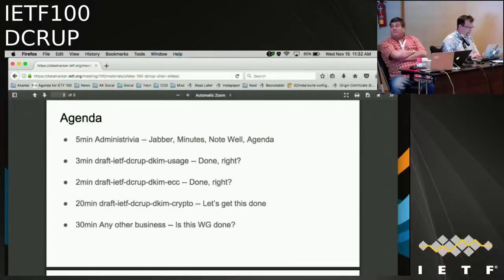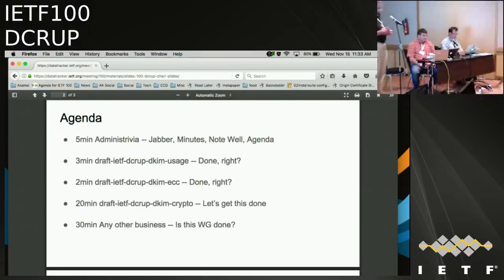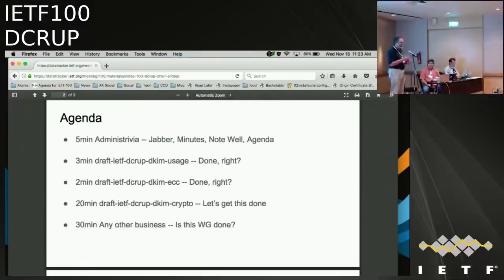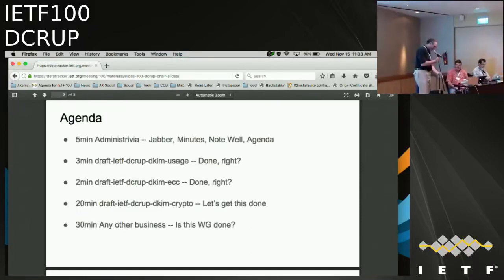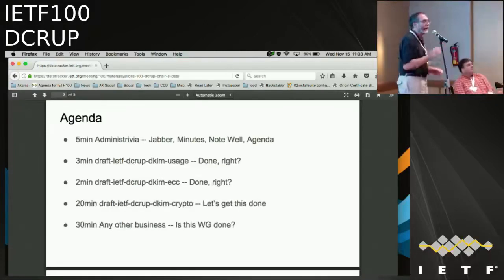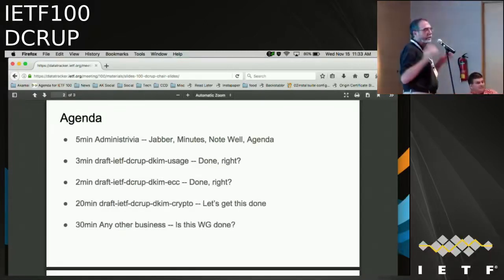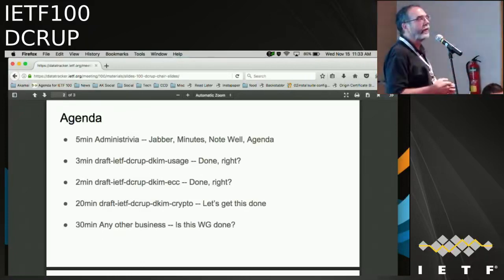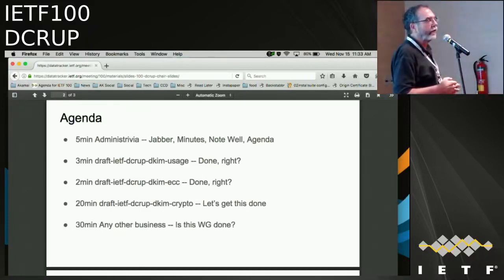Okay. There are, as far as I know, two remaining questions on this document. The larger question is it defines two new signing algorithms. One is RSA with hashed keys, and the other is ED25519. Hi, Barry. There still seems to be some question whether we need both of them, since they both solve sort of the same problem, except they solve it differently.